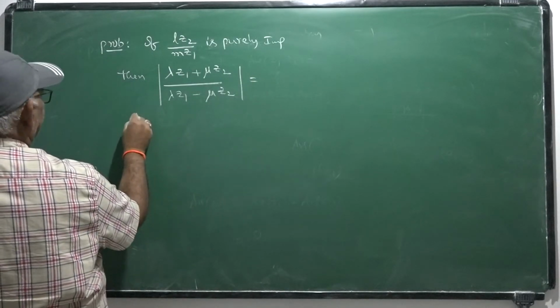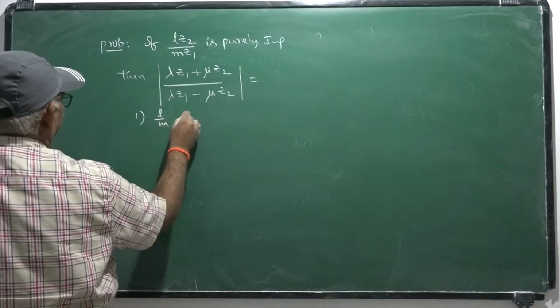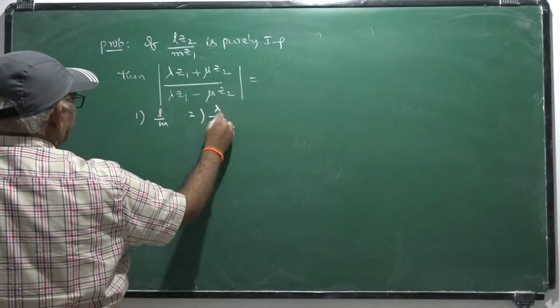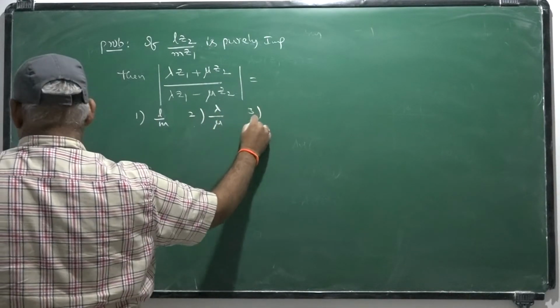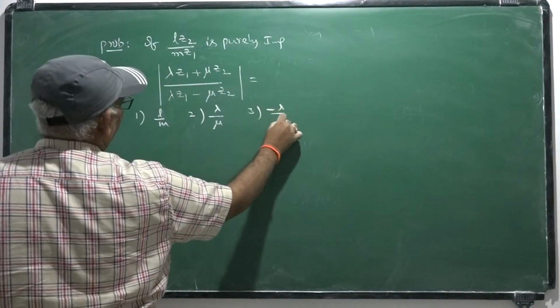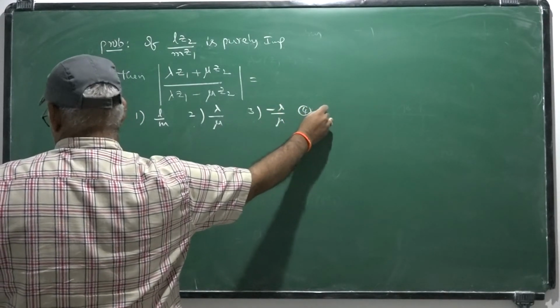In terms of the options, the third one is minus lambda by mu. Fourth one is